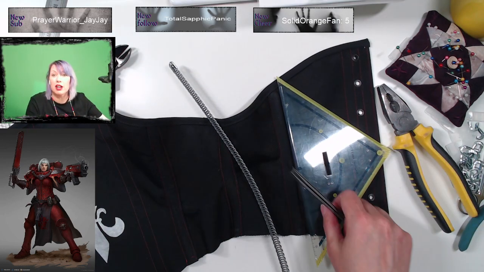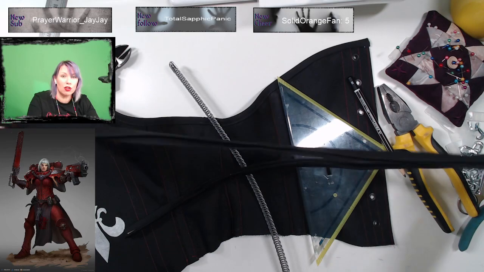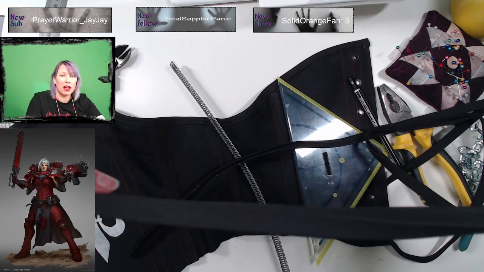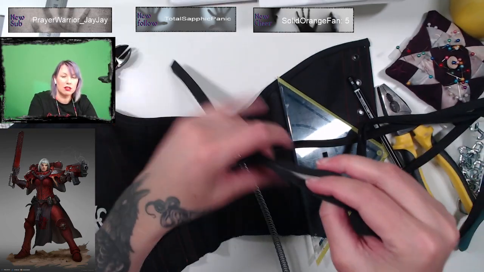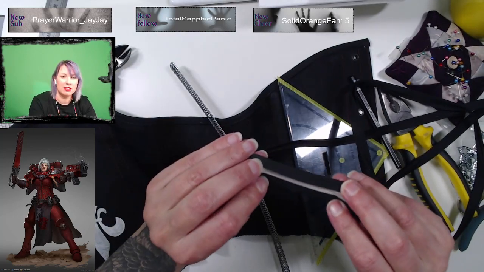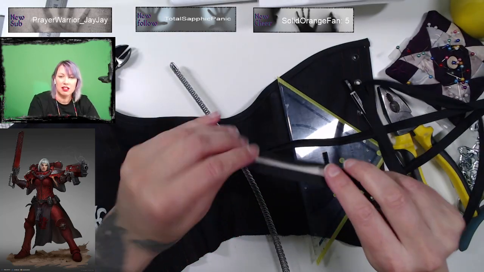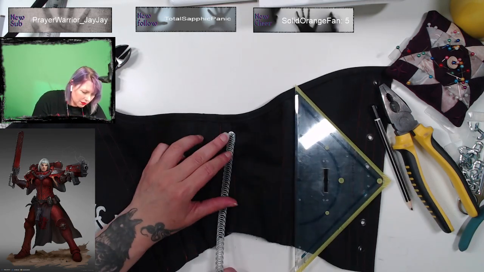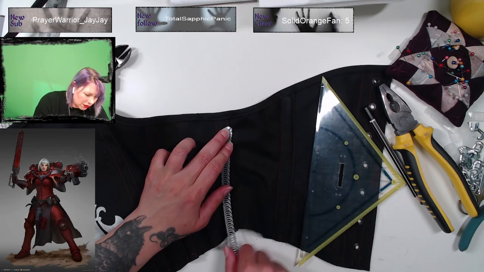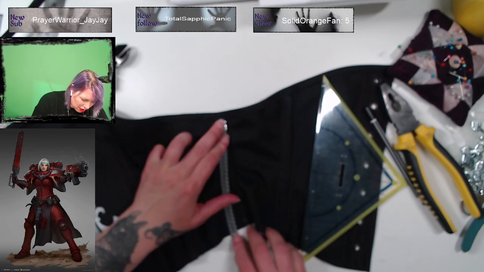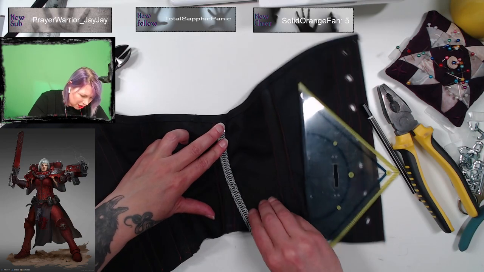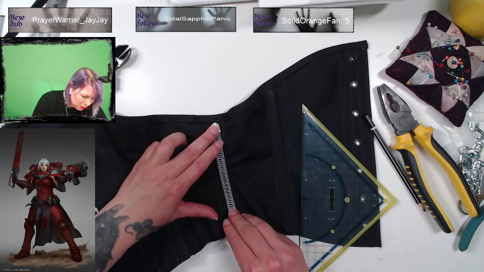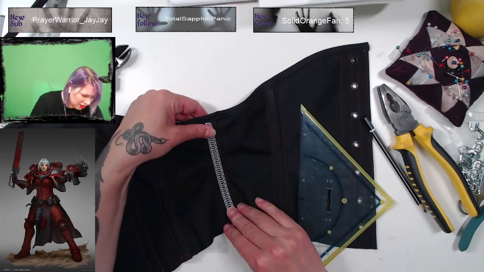So if you weren't here in the beginning, I made all this bias binding, the 4-way, from the piece of fabric. So you go there, and I know you're not straight, but neither am I, but you know.